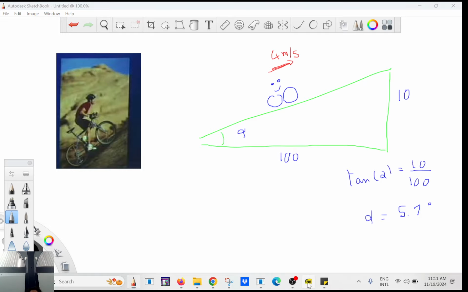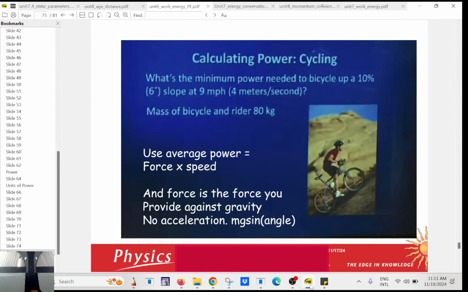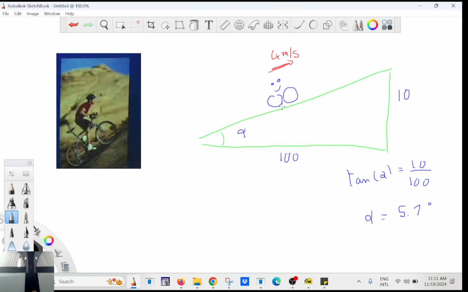Or we don't care if there is friction or not. We want the minimum power, so without friction. We don't care about friction, but what will be here? You're going to have to apply a force to go up, and you have to work against gravity. Very good. And gravity along the slope is mg